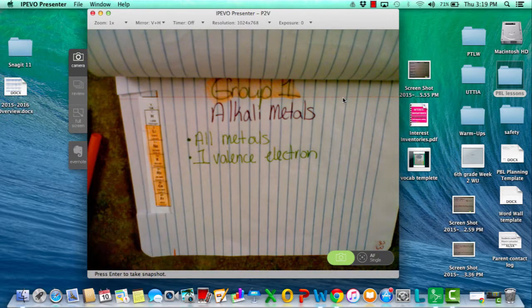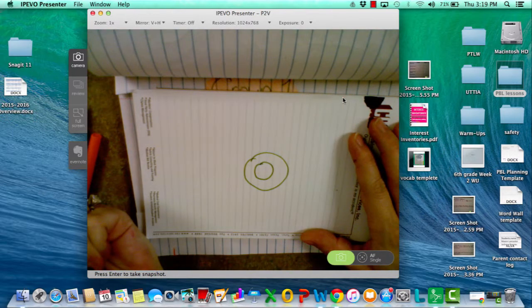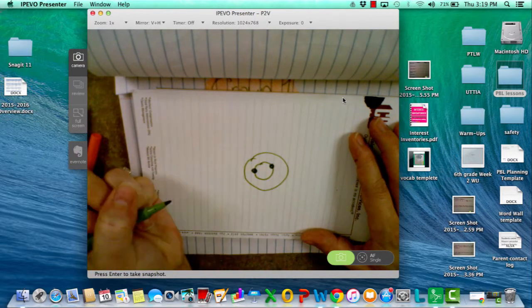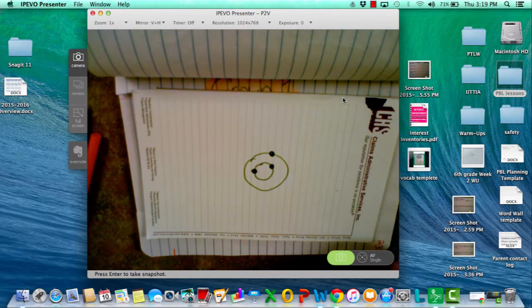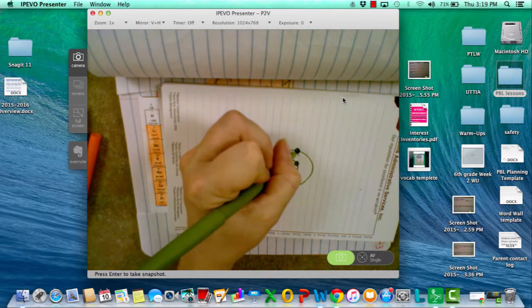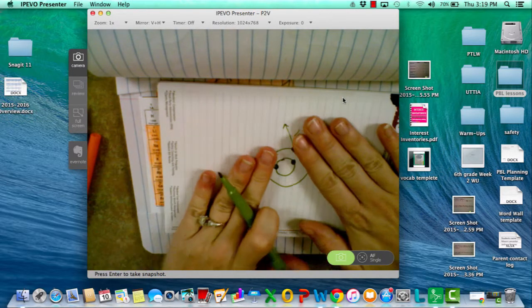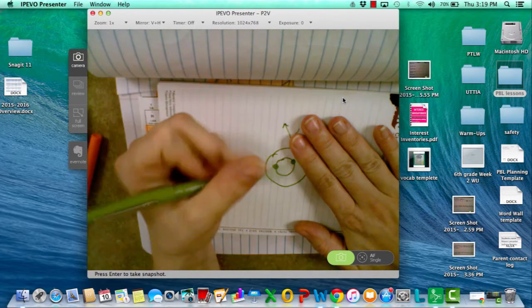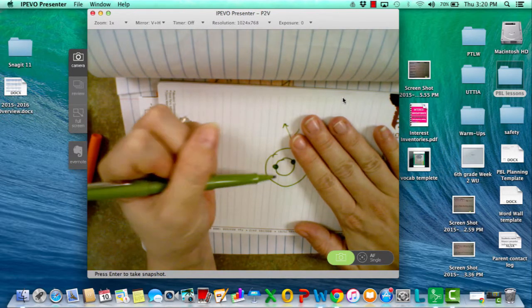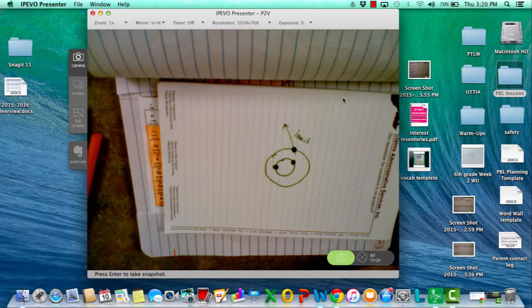So if I was to draw a picture, look over here, and let's say that I'm going to draw lithium, I have 2 electrons and then 1 valence electron on the outside. Notice that lithium is in group 1 right here. So if I was to lose this valence electron, what would happen? I would go down to my next energy level, which happens to be full, which would make me very, very happy. So the closer an atom is to having a full outer energy level, the more reactive it is,